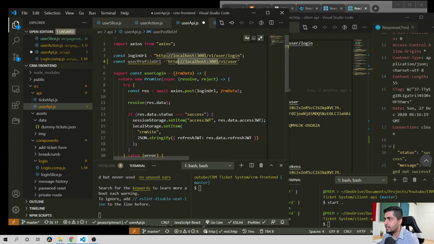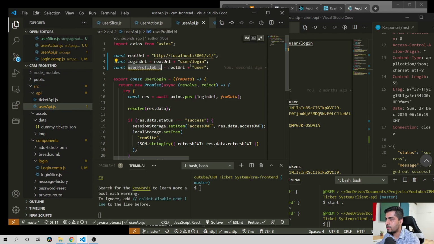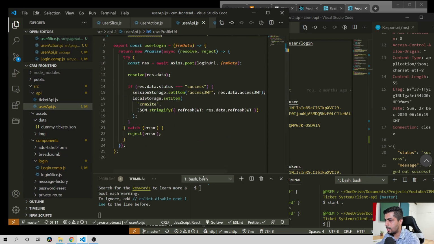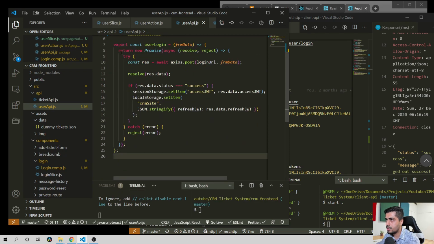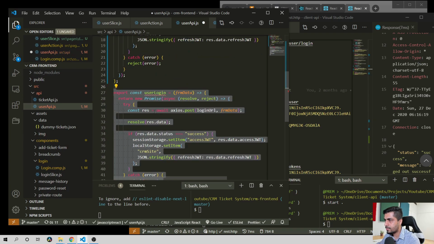See guys, we keep repeating the same thing, so maybe it's a good idea. For now we can just say const rootURL equals to this. Take that out and put it there. And what we can do is simply concatenate them. Same thing with this, and concatenate them, and now we can use that. So what we do is I'm going to copy this user login function and rename it to fetch